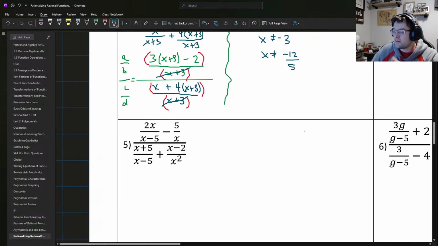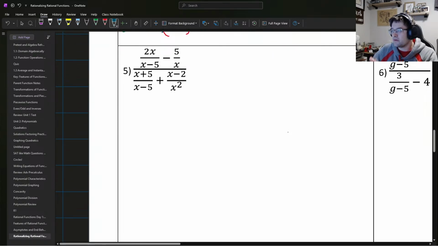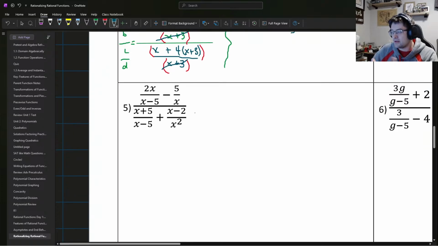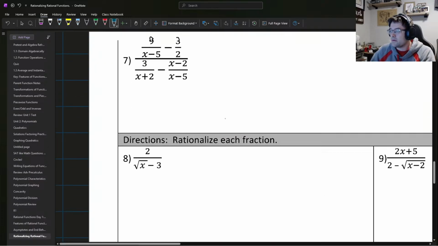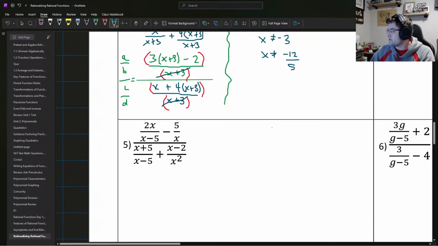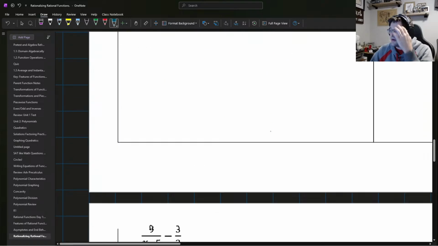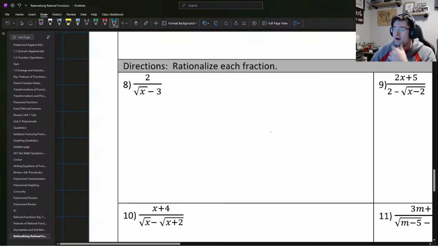The next one, 5, I'm gonna leave alone. It's a lot of the same. I guess I can begin that if you'd like, but maybe if you all show up and want to talk later, then we can go over one like that, because there's similar ones like it that you might have to deal with. But I really want to talk about rationalizing these fractions, and to do that, I'm gonna separate some